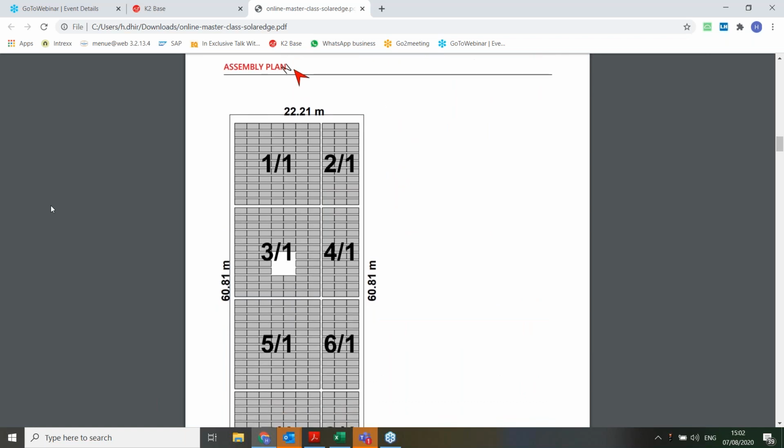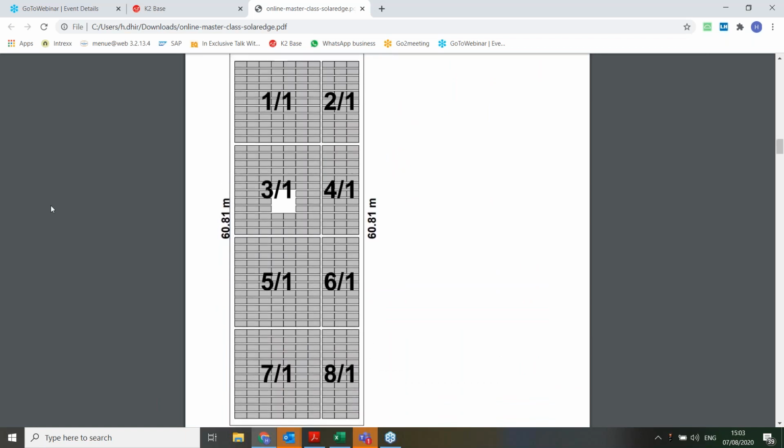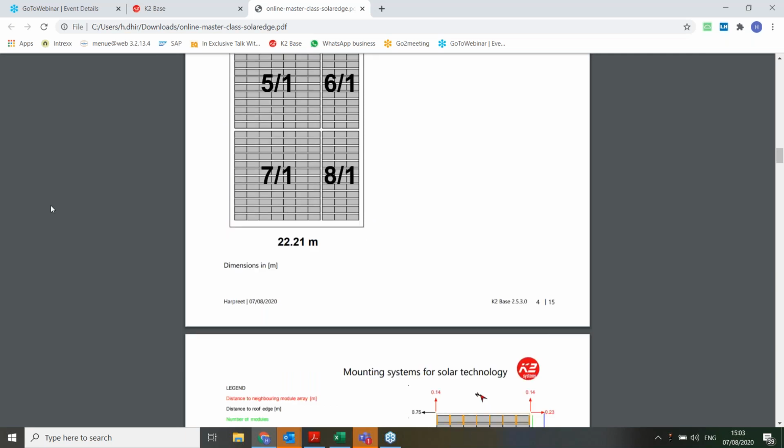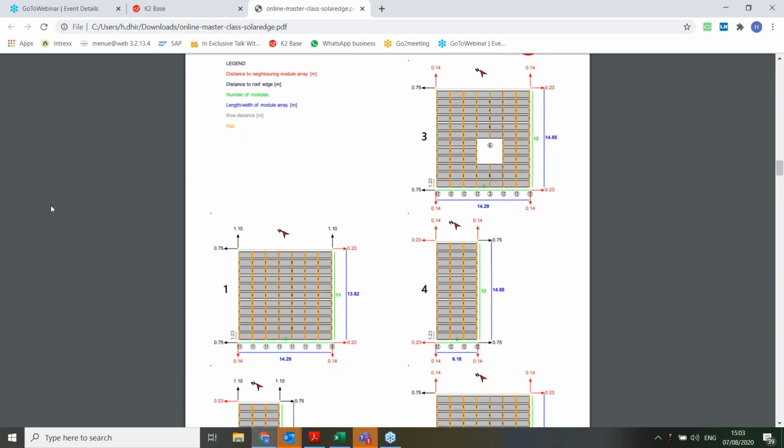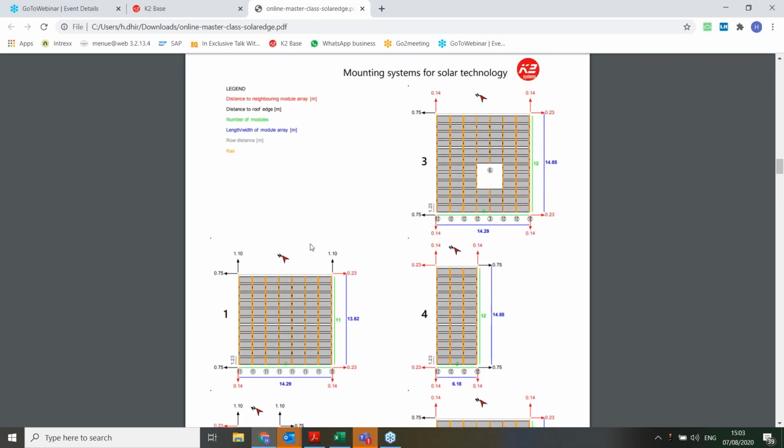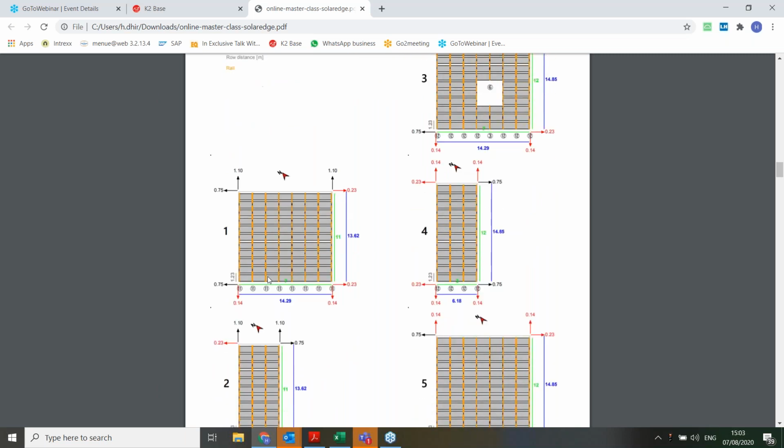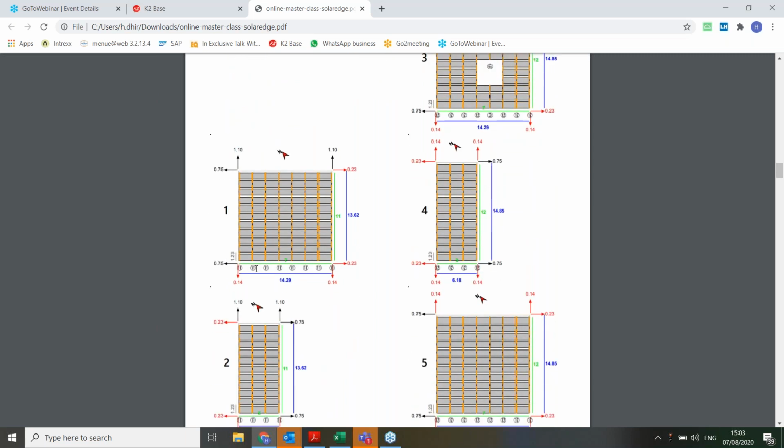Then it will tell you about the pre-assembly plans. It divides this entire roof into 8 blocks, so this approximately 150 kilowatt system is divided into 8 blocks. And for each block, it tells you the kind of stress and strain. For example, for this first block, what is the length and width, and how much compression and suction forces are acting on the various parts of the area of this first block.